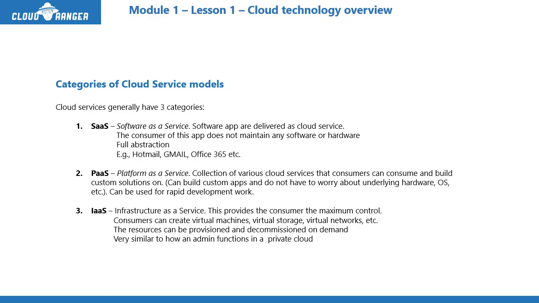Okay. By the way, IaaS, or infrastructure as a service, is very similar to how admin functions in a private cloud, like I mentioned. If you already have virtualization in your organization and somebody wants 5 virtual machines, you can just give them 5 virtual machines. As long as you worry about the resources in a private cloud, you can keep giving people all the resources. In public cloud, that's the thing. You do not have to worry about the physical resources. You have 5 or 50 or 500 or 5,000. You don't worry about that. Microsoft will keep providing you all those resources.